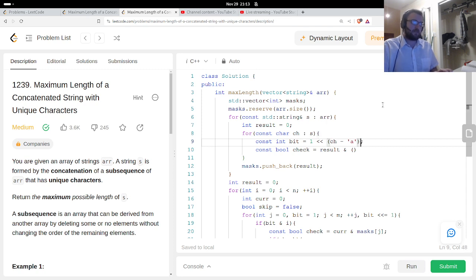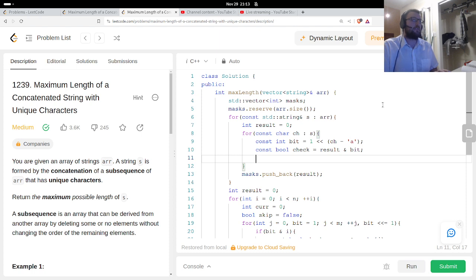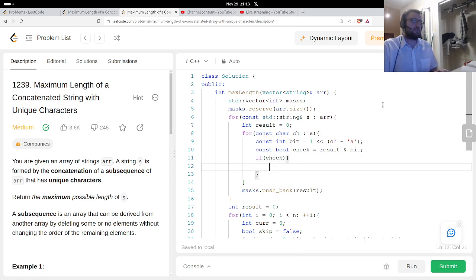Okay, I think this works. We actually just return altogether. Oh, no, not return. Break. Continue.